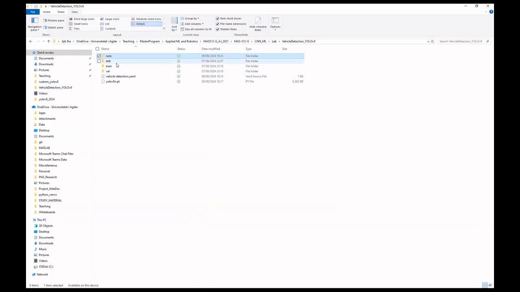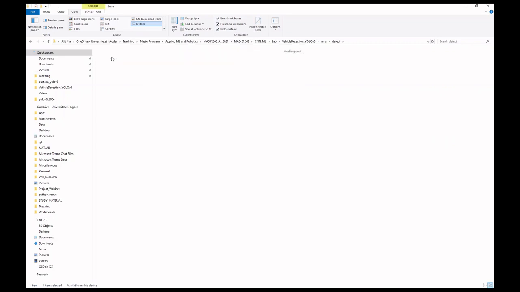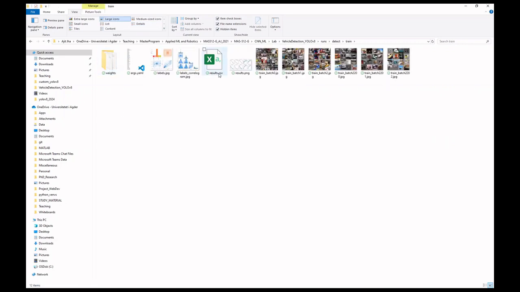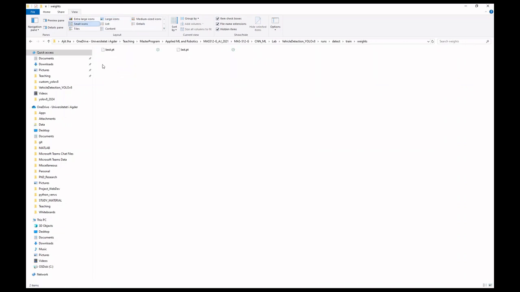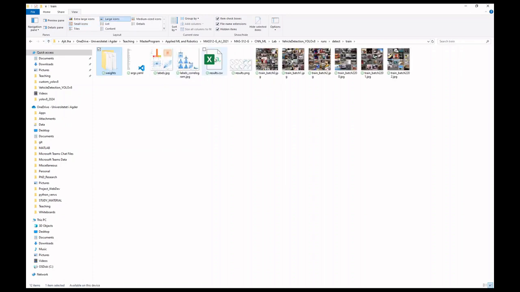After running, if you go to our folder, we have this new folder runs coming here, detect, train, and then you have all the results here, and then the weights. What we need is this best, so last and best, so choose the best weight here. Once we have these results, we also have this Excel file that gives you the list